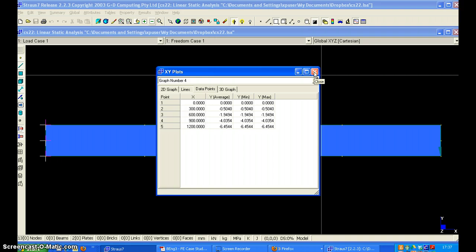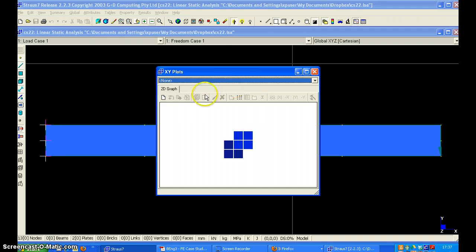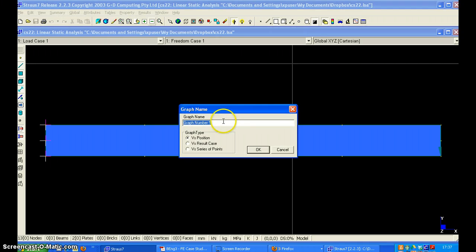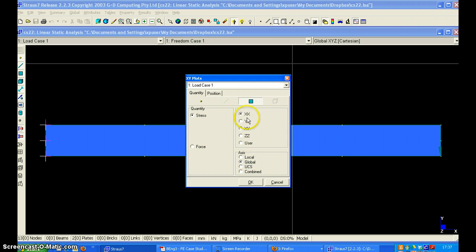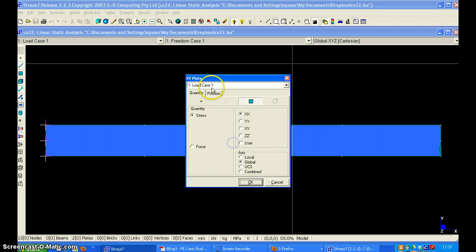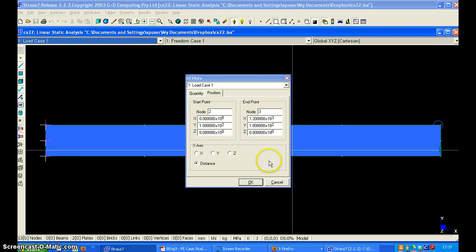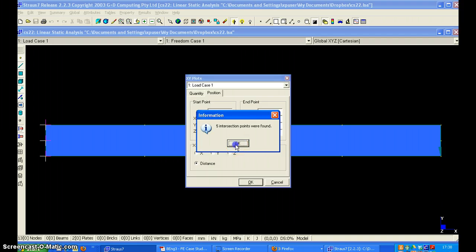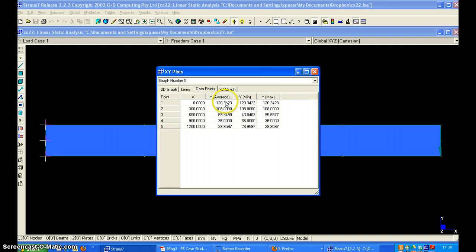And similarly, I can display the graph of the stress in the xx direction, global, against the position from here to here, data points,